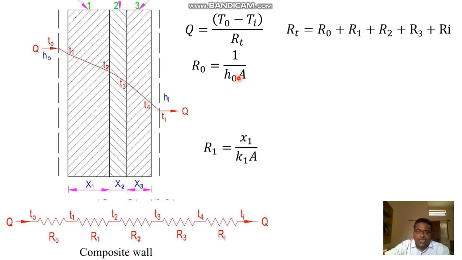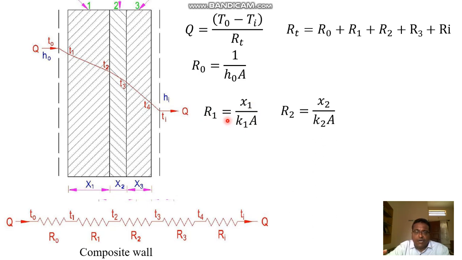Like that, R1 is the conductive resistance. R1 is equal to, the length is X1, K1 is the thermal conductivity and A is the area. That is, R1 is equal to X1 divided by K1 into A. In the same way, we have R2. R2 is equal to X2, that is the length is X2, the thermal conductivity of this wall is K2 and this is the area. If I do it, you are going to get R3 and this is